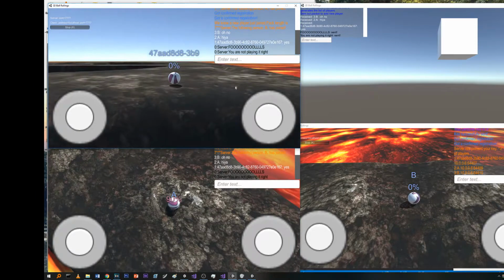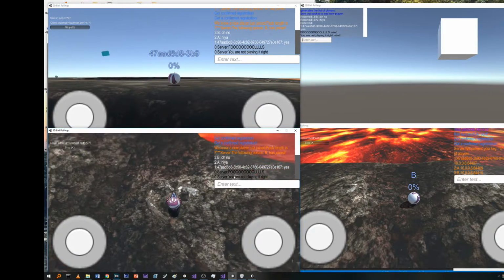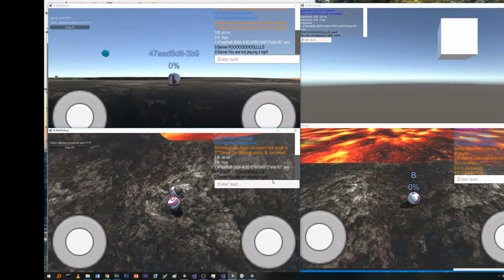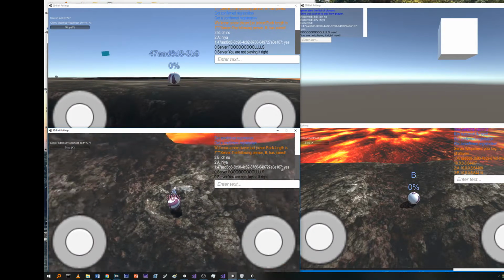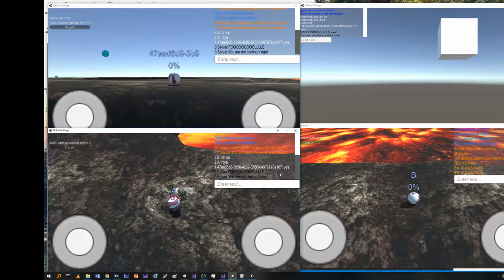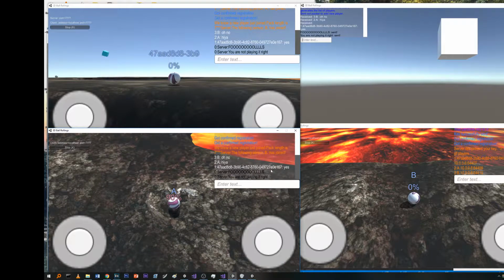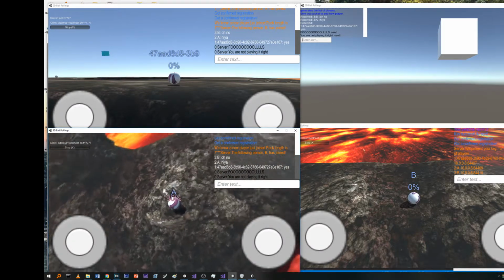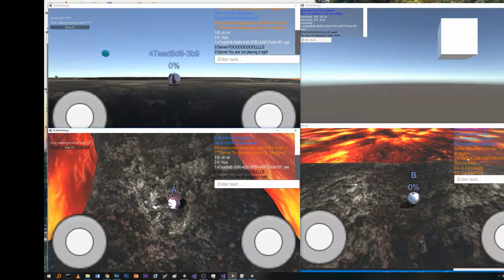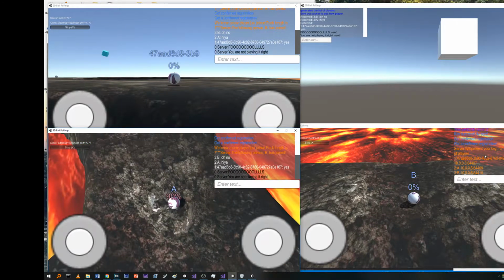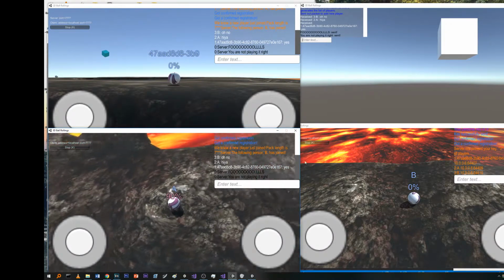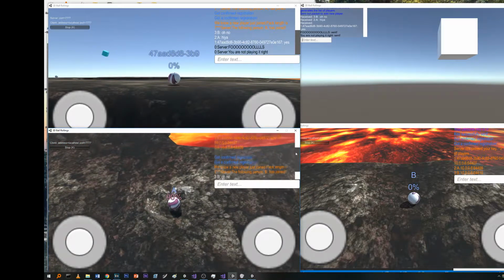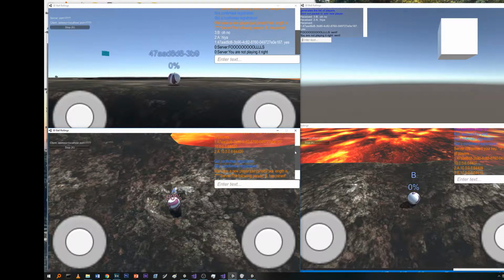And the chat's messages are also colored between the clients to indicate what type of message it is. So black, for instance, is a message that came from the server. White is a message that is sent between the clients. Orange indicating players connecting. Blue is kind of like a general purpose, like information, just to make sure things are